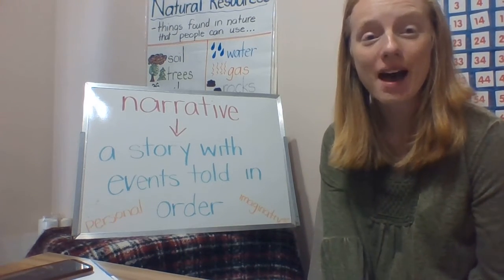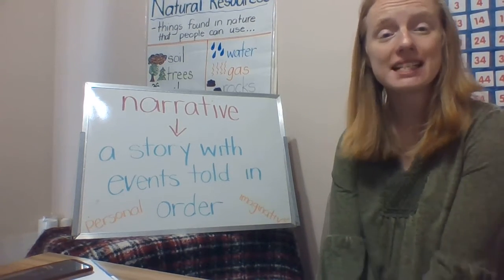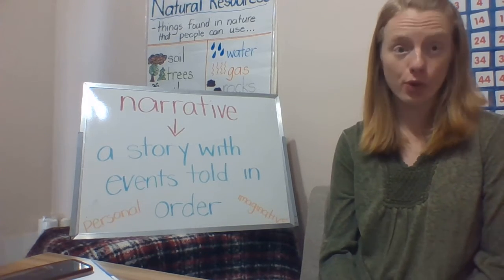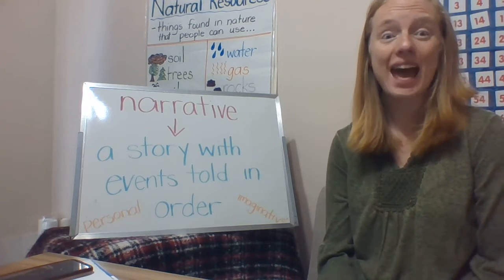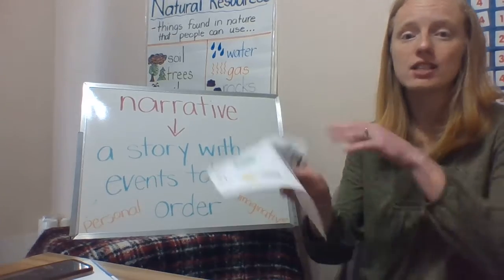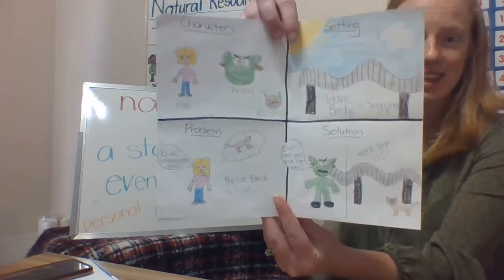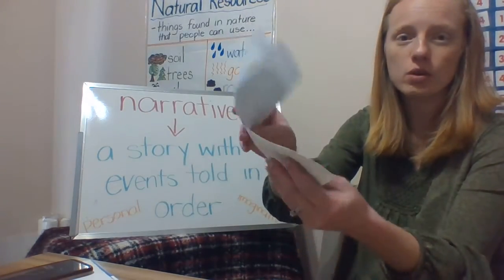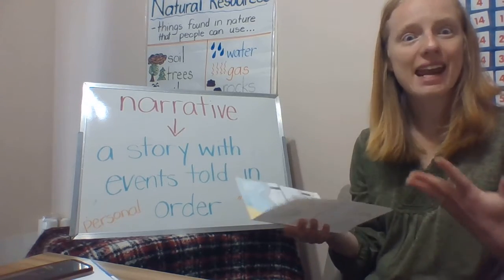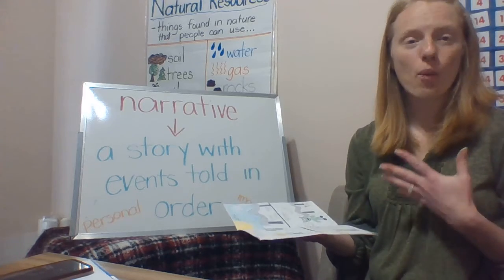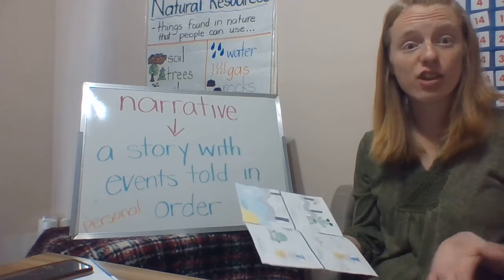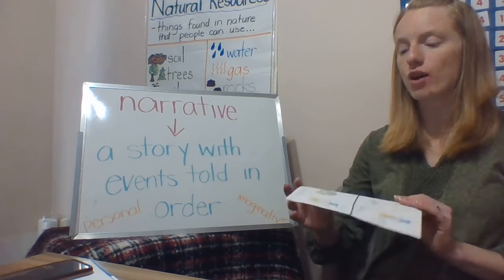Friends, over the past 2 weeks in our Zoom meetings and on our Google site, we have been working on making our story map for our encounter with a troll. If you've been part of our Zoom meetings, you have seen this piece of paper. We folded our paper into 4 sections to help us plan our story. We are writing about what would happen if we ran into a troll just like the 3 billy goats did in the 3 Billy Goats Gruff.